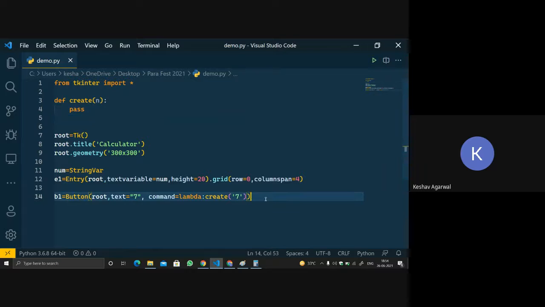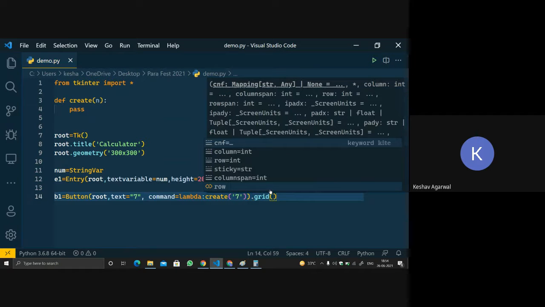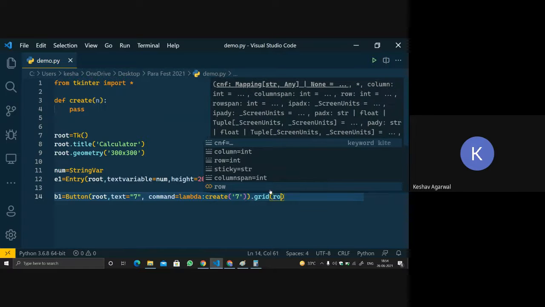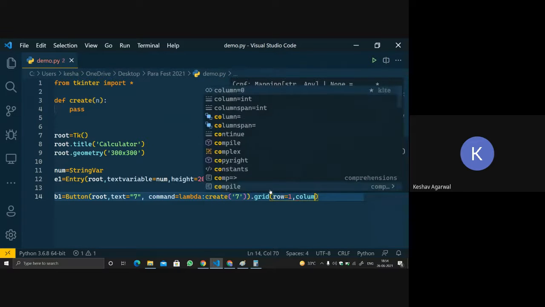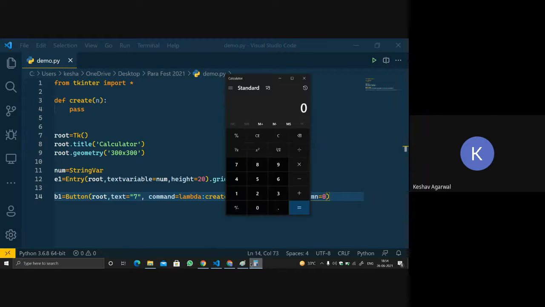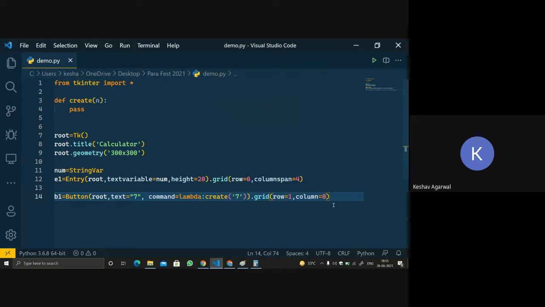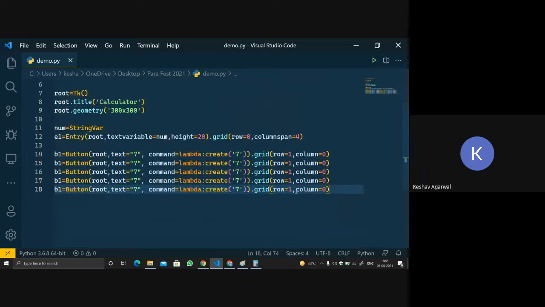Now with the button, we will use the grid function to place it. We will give row equals 1 and column equals 0. It will place this 7 button over here. Let's copy and paste it, because we will be using the same thing and just changing the rows and columns.